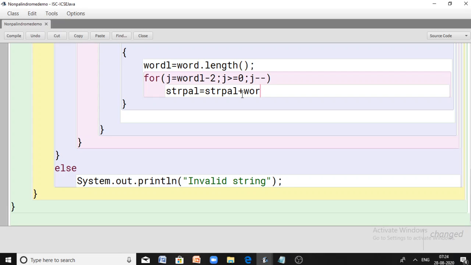So in that case, word dot char at of j. So I am gathering the characters from the rightmost, or last but previous character, of the given word to the first character one by one, and gathering it in a separate variable strpal.